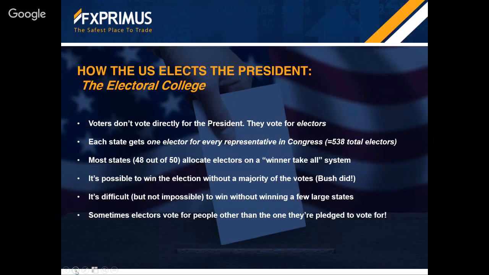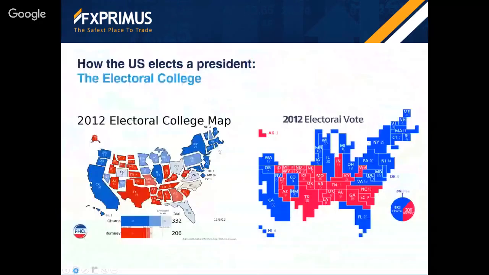So, believe it or not, the election isn't really settled on November 8th or 9th, whenever it is this year. It's only settled once the electors go to vote. It could be that the electors get there and decide that they don't like the person they were nominated to vote for, and they could vote in Angela Merkel. Well, she's not an American citizen, so anyway, you get the idea. It's never happened. A few people have voted for other candidates, but never enough to tip the vote, obviously.